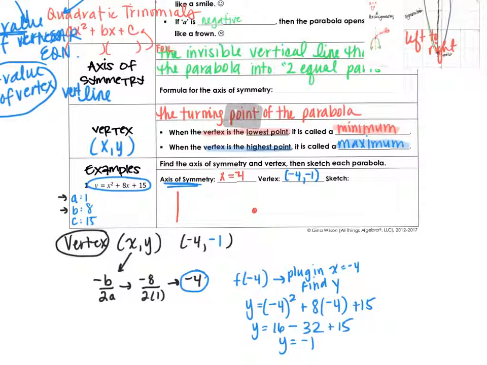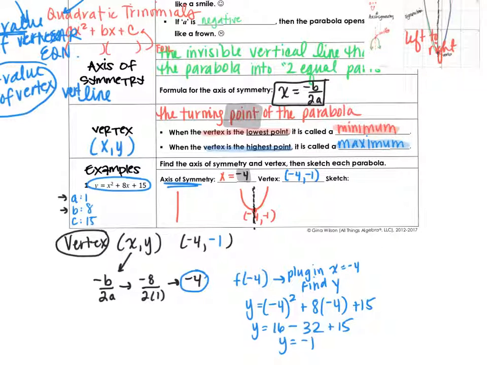So let's make a quick sketch. So negative 4, negative 1. Our parabola opens upward. And it's a vertical line that goes through the vertex. And all vertical lines are x equals lines. So it's x equals what? Well, if you draw a vertical line through that point, x is equal to negative 4. So the formula for the axis of symmetry is x equals negative b over 2a,